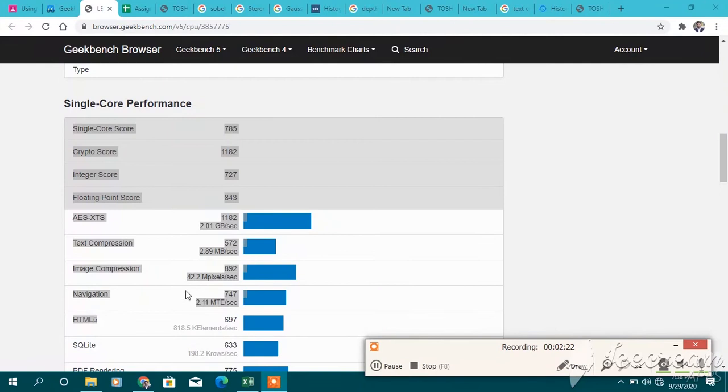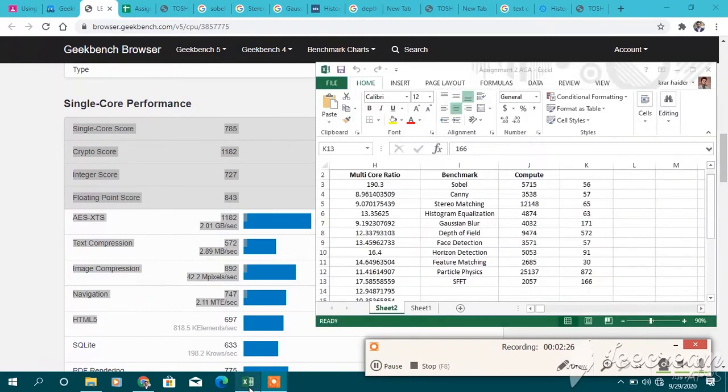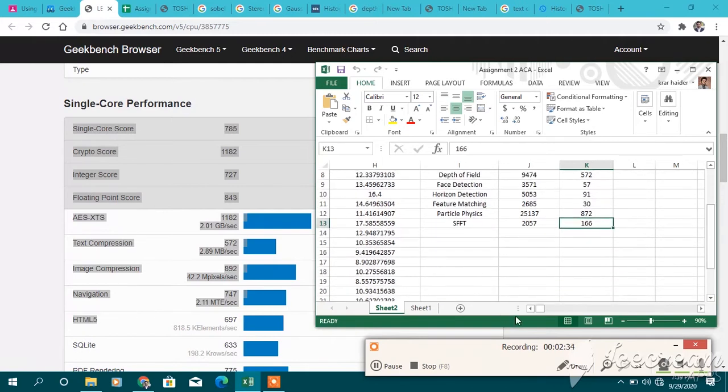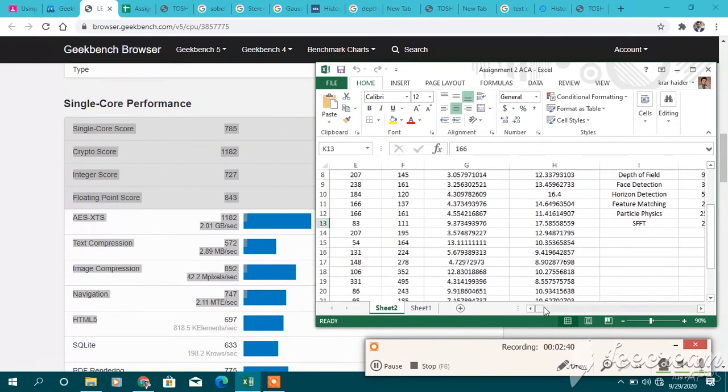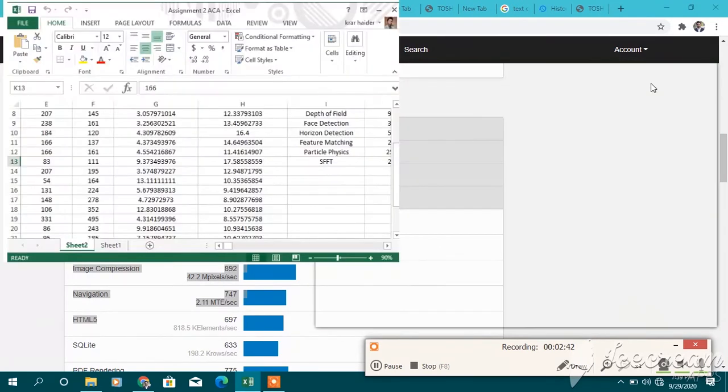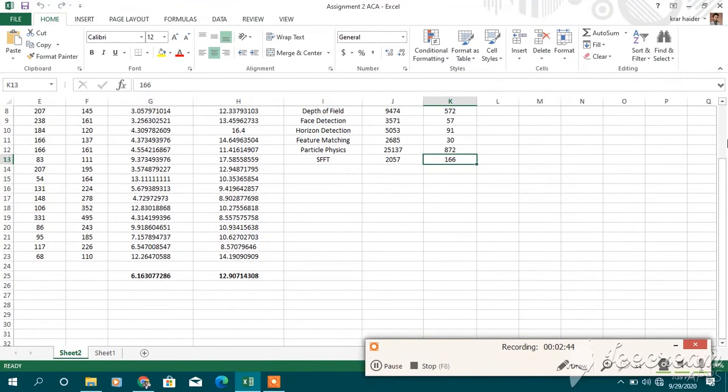These are all the values I have put on the Excel sheet. Single core performance, here is my Excel sheet. So I have to find these values here, the single core performance. These are the values. For single core, I have to maximize the screen, and these are the single core values here.